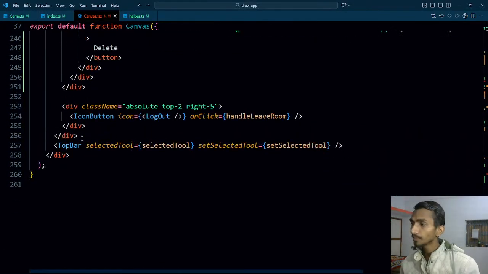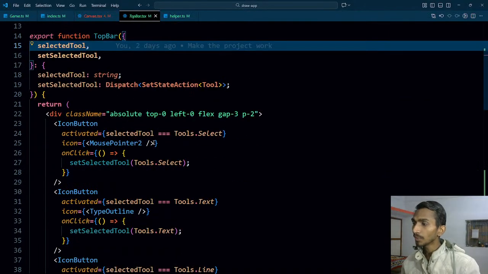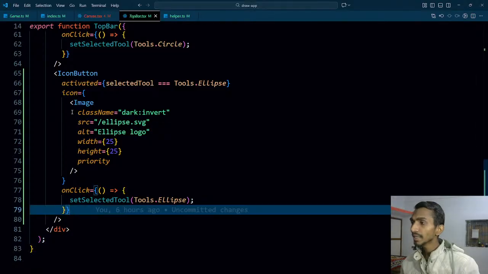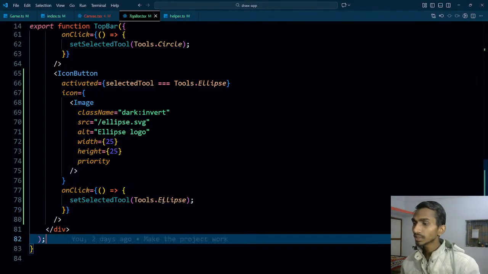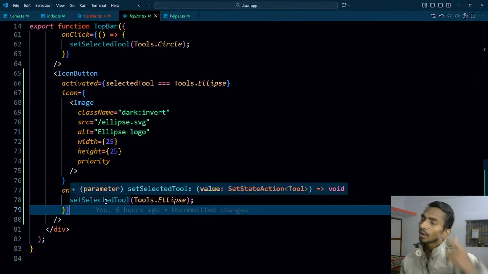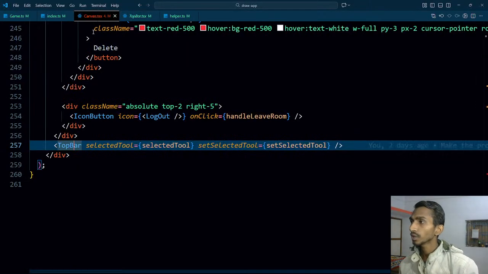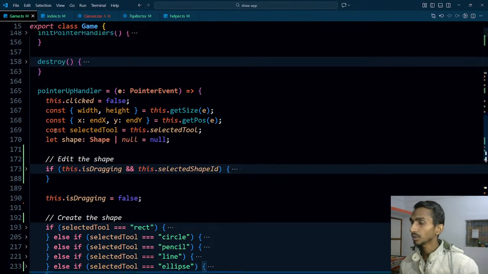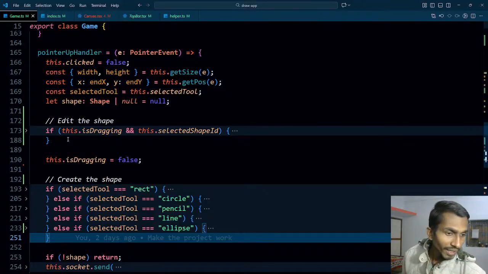Let's go to top bar. This is the top bar. Over here at last I'm selecting ellipse. Okay, once I'm selecting the ellipse, what I'm doing, selected tool is ellipse. That's great. Selected tool is ellipse. As soon as I have drawn the ellipse, that means when mouse up happens, I want to select that by default. Okay, that can be done via game. So over here, when pointer up happens,